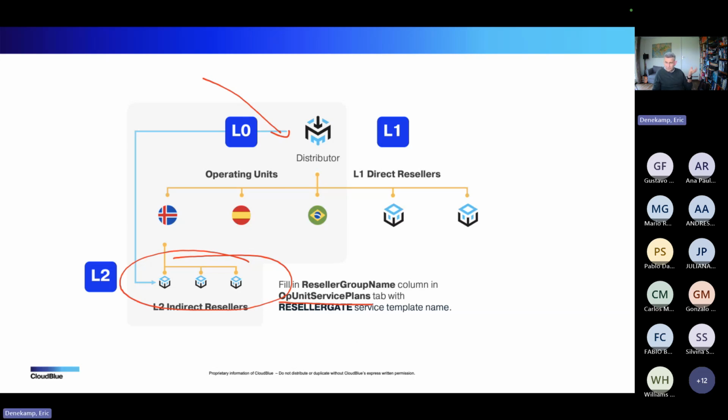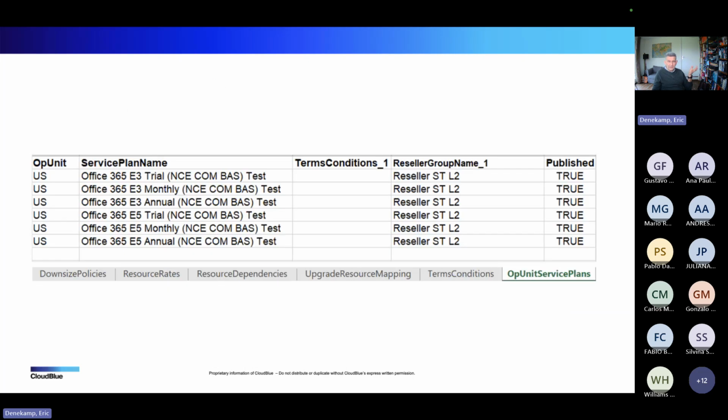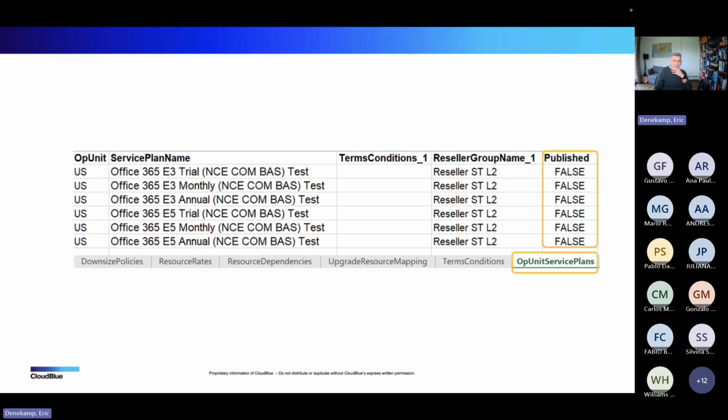Here we have that column, published. This one shows it a little bit better: op unit service plans with those plans for the US. In this case, in my graph, it was Denmark. You say published is false. So a couple of ways of doing this.